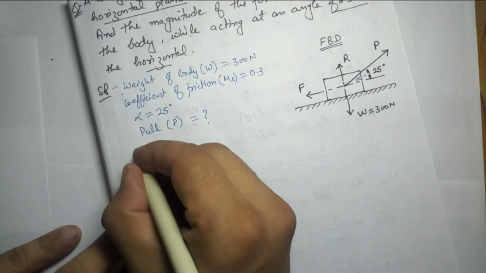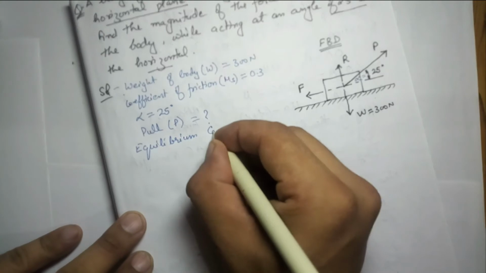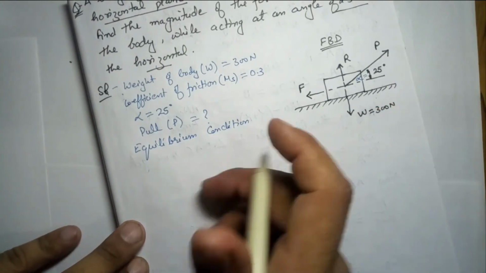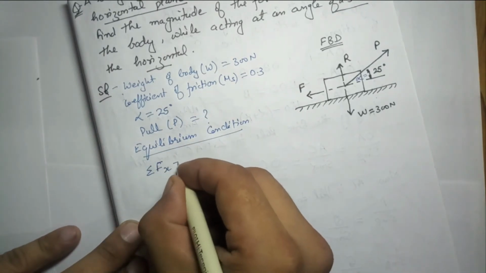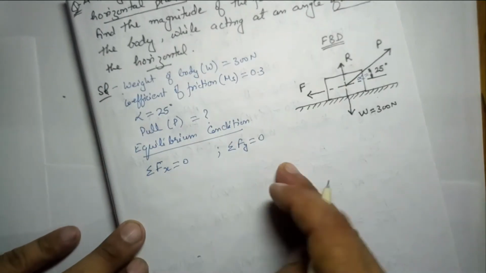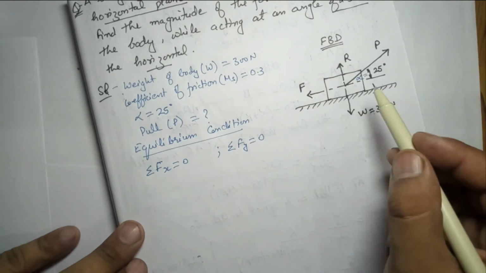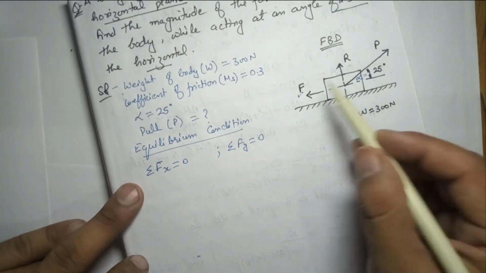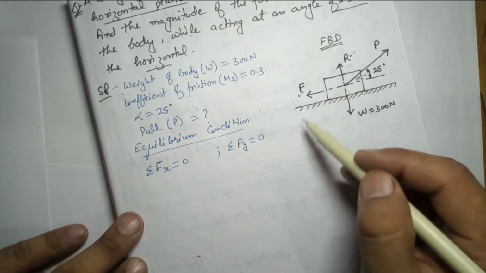Now we know the equilibrium conditions. What are the equilibrium conditions for a force system? Because this object is not moving, it is stationary, so we apply the equilibrium conditions. First we say sum of all the forces in x direction is 0, then we say sum of all the forces in y direction is 0. When you apply these, we can very easily find out the required or unknown values. Remember that if you apply the sum of x direction forces, you will get the value of friction. When you apply the sum of y direction forces, you will get the normal reaction. In our numericals follow the same procedure.